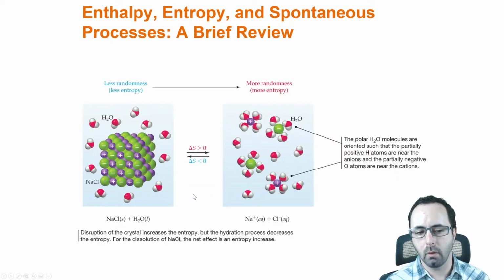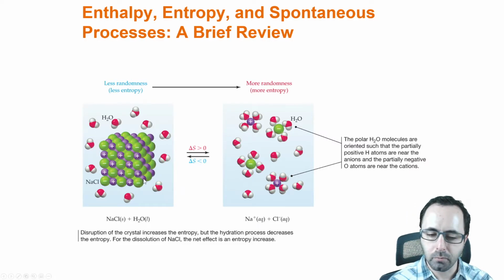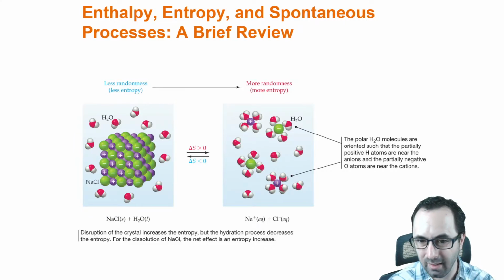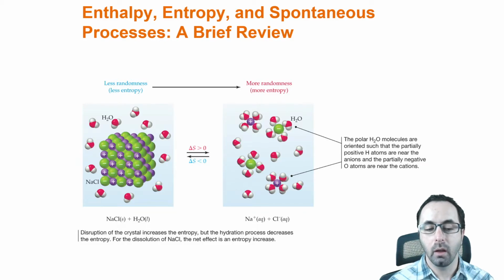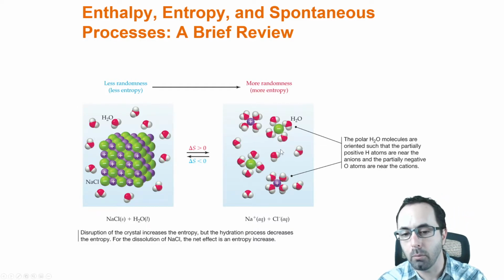Finally, for the sodium chloride example here, and for any ionic compound, when you dissolve something in water, you mix things in some way. So especially a solid like this sodium chloride is very, very orderly, not much randomness at all. However, when you dissolve the sodium chloride in water, it splits up into individual ions, and now those ions have a lot more freedom to move around, and so they can be in much more random orientations.